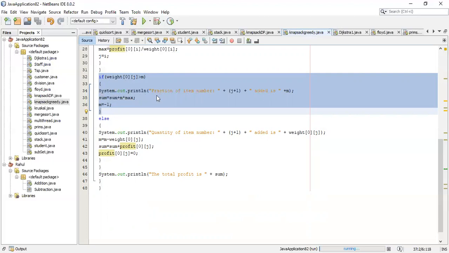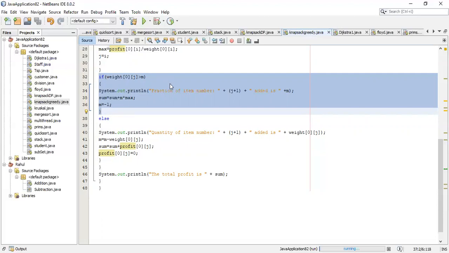Now only a fraction of the item could be added. So after adding this fraction of the item, 100% we know that the bag capacity will be 0. So we are assigning the bag capacity value as -1.